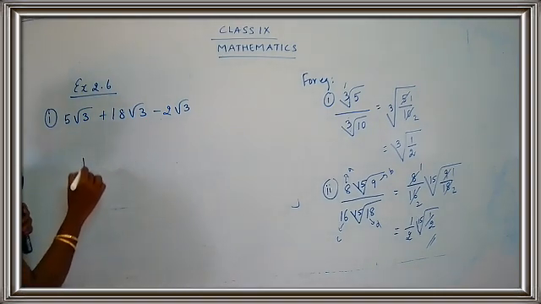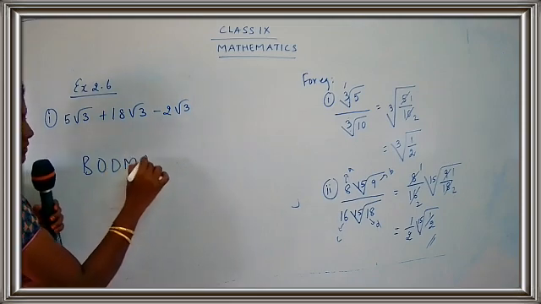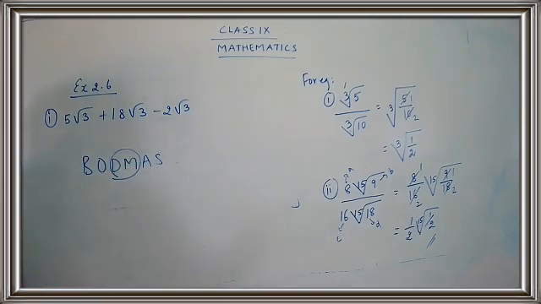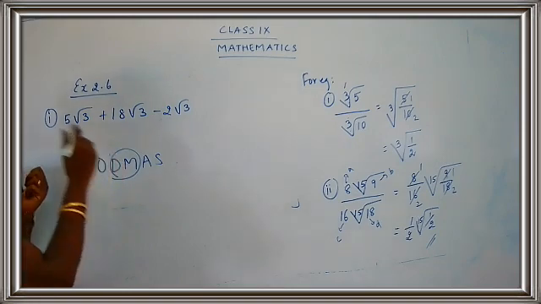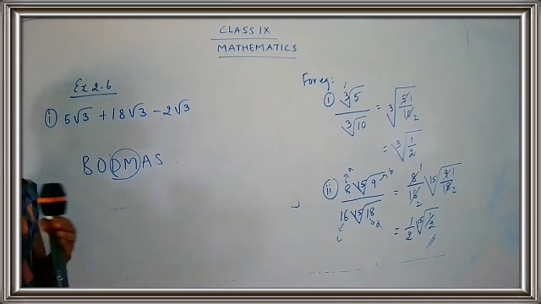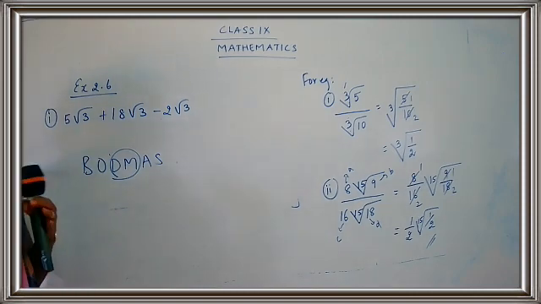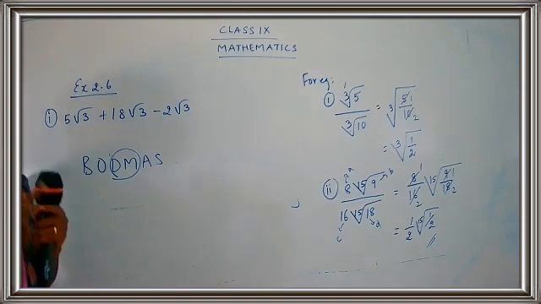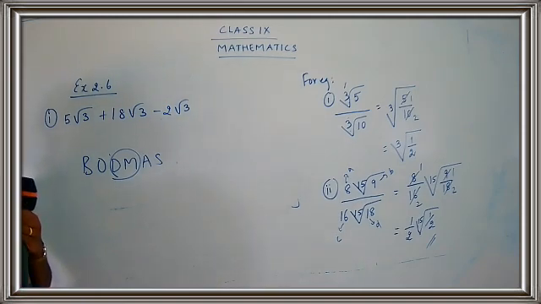I have told you that you have a BODMAS rule where division and multiplication have the same weightage. You just keep division on one of the pans and multiplication on the other pan. They are going to weigh the same. What is the meaning of same weightage? Whoever comes first. If division comes first, you will do division. If multiplication comes first, you have to do multiplication. Are you getting my point? So division and multiplication are friends.